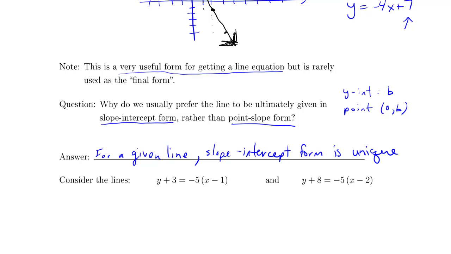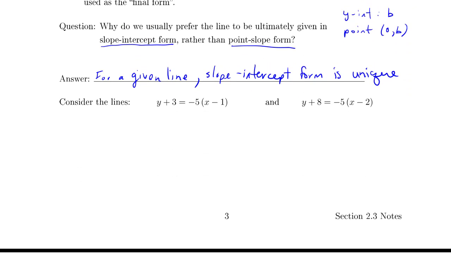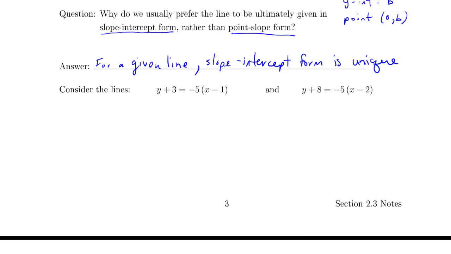So it's really just choosing one specific point to be the point in your point-slope form, and hence you get the slope-intercept form. All right, so as we can see, if I take a look at these seemingly two lines here, I can't tell whether they're referring to the same line or not. But if I were to multiply it out,